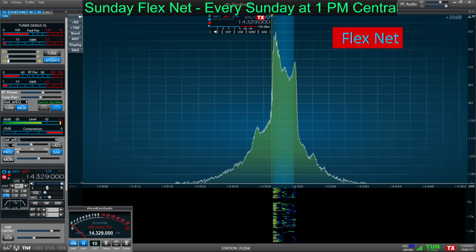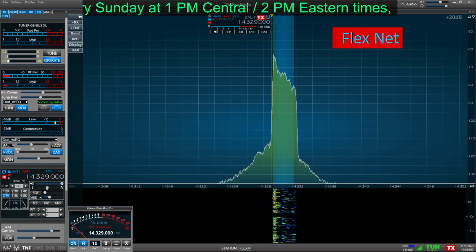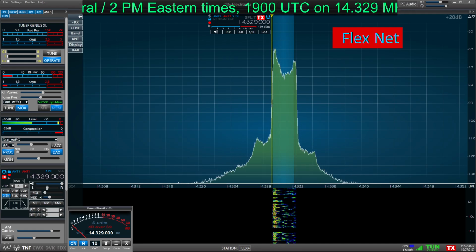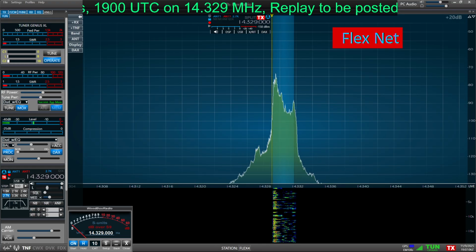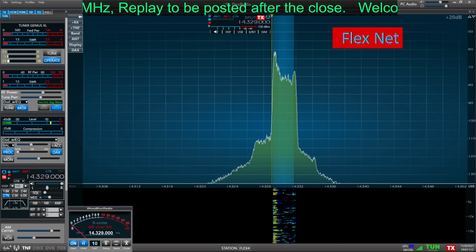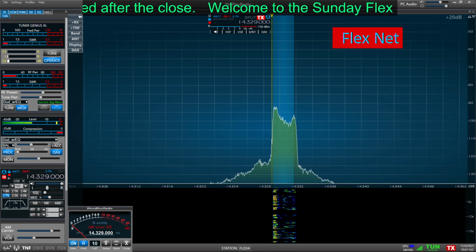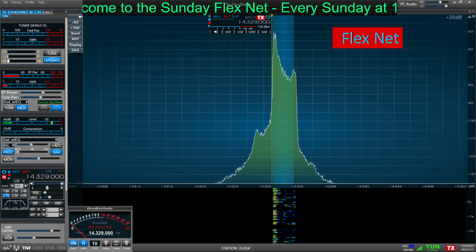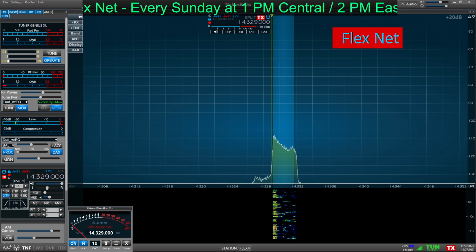Oh, also NetLogger. If you're familiar with NetLogger, you can go to NetLogger and monitor the net. And I will pick off stations that are lurking there and add them to the list. And let's see, I think I got everybody in here for that. I've got an early check-in list, and it's mostly off of NetLogger and some over the air. I'll go down through the listing. Of course, myself,